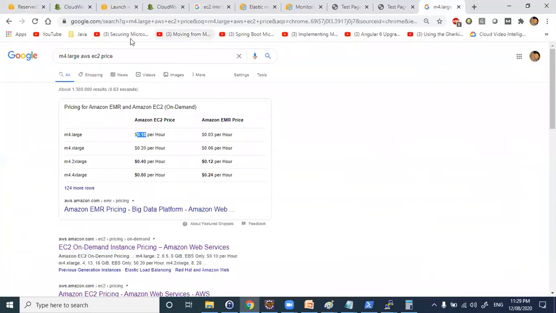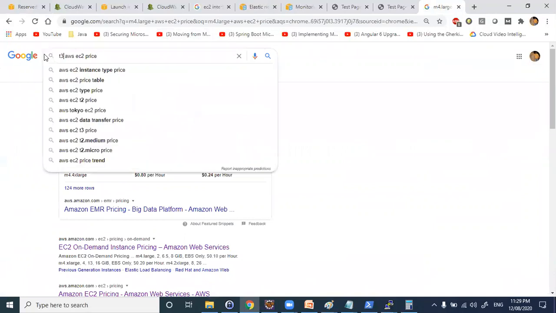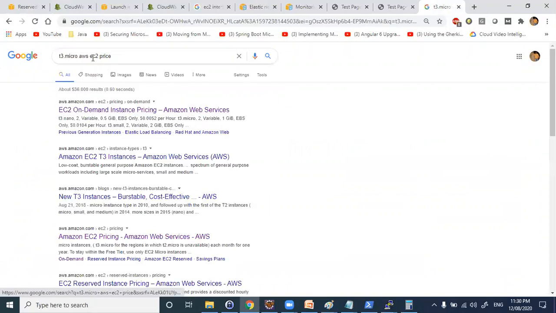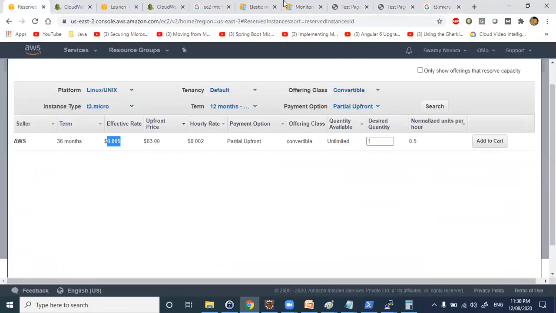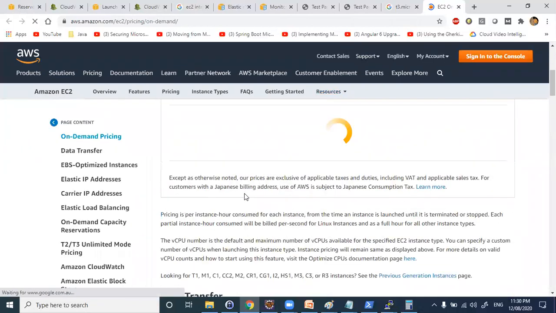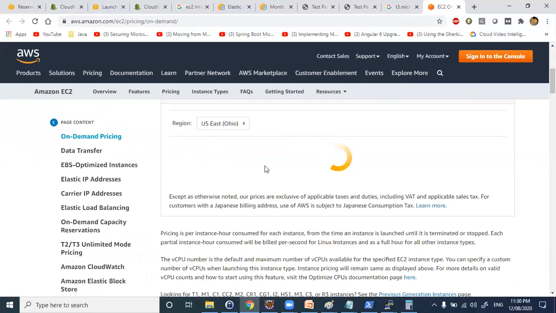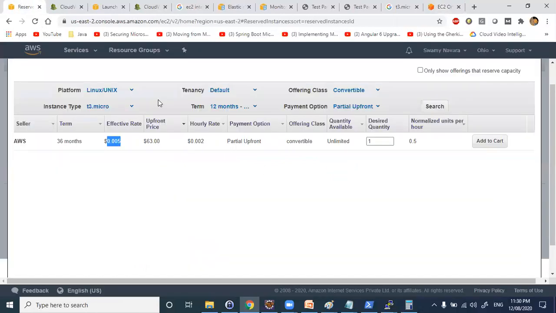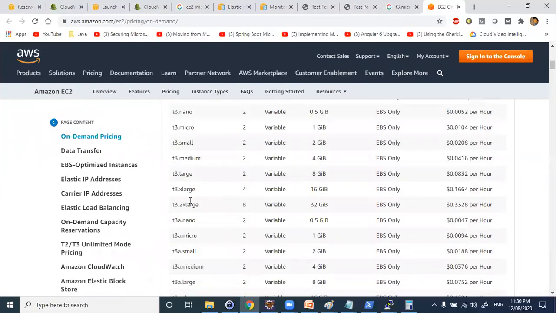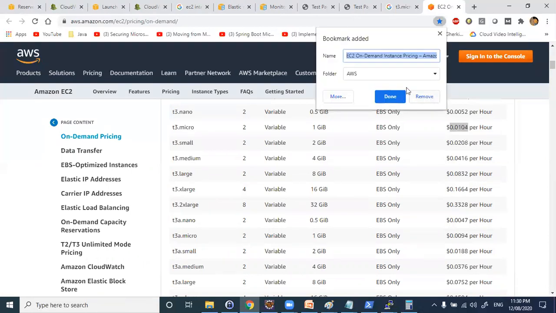So for example, T3.micro, AWS EC2 price. T3.micro is $0.014.